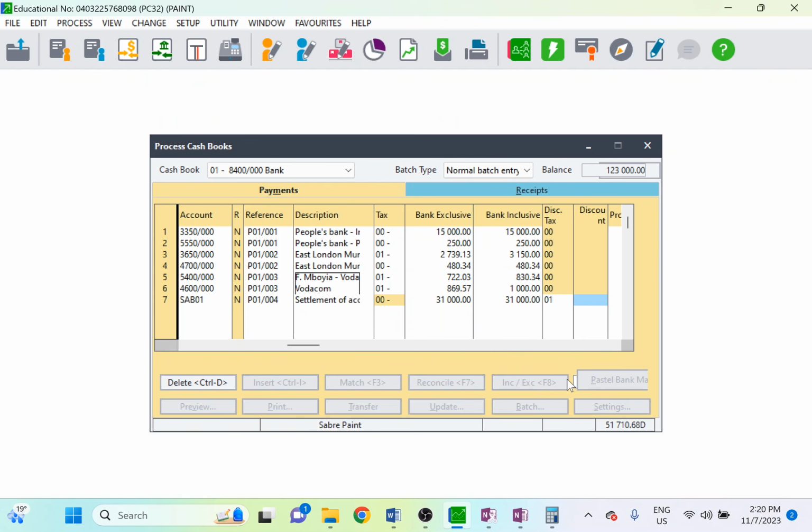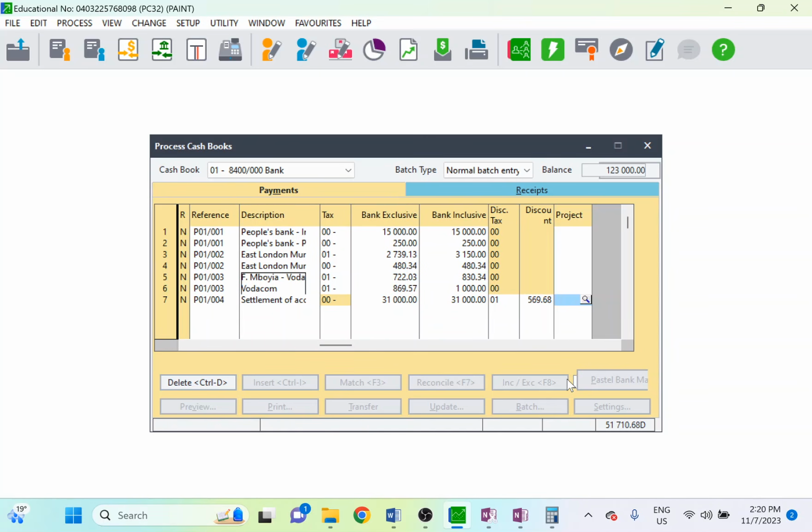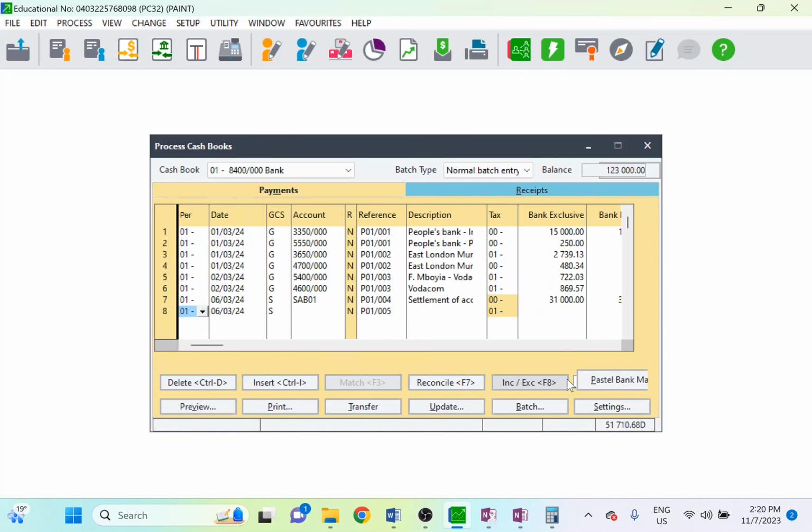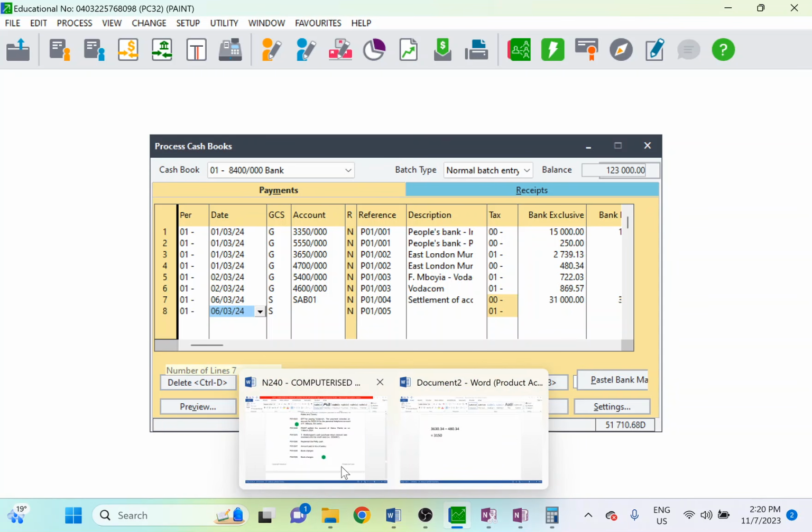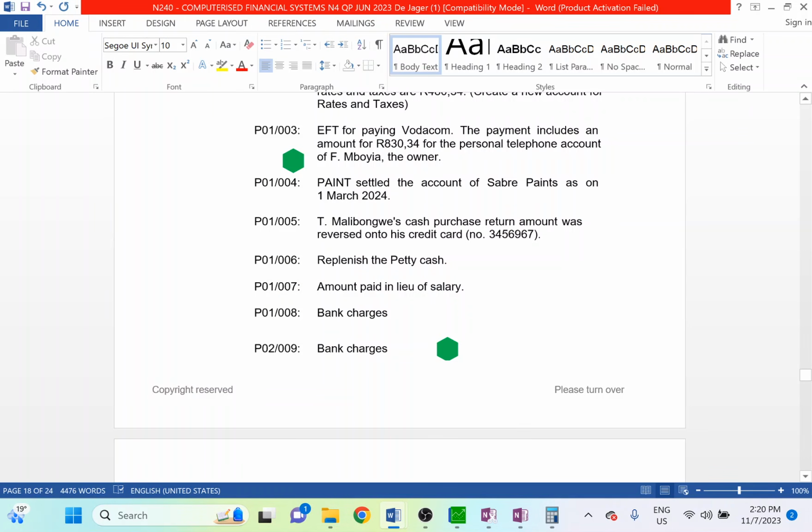Now under discount, amount is 569.68. We are done with that transaction. Next one, we have